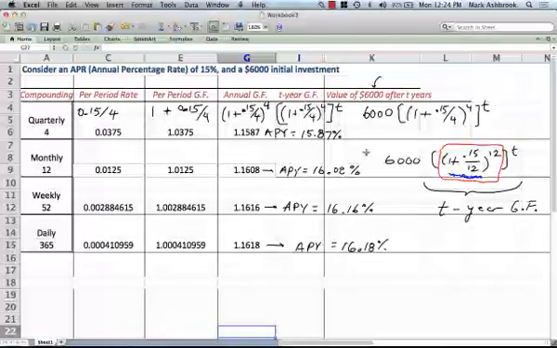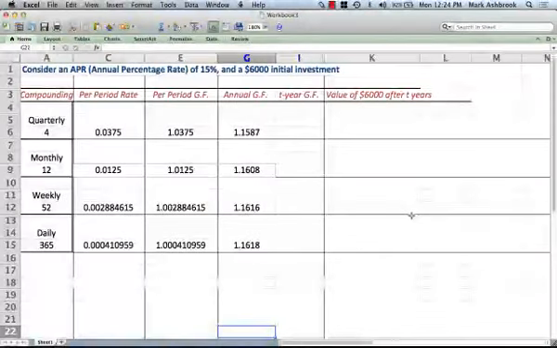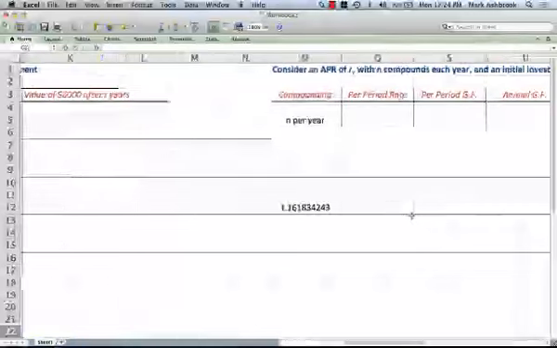Okay, other questions? All right, so we'll come back to this idea of the APY leveling off. We'll come back to that in a second. But what we want to do now is